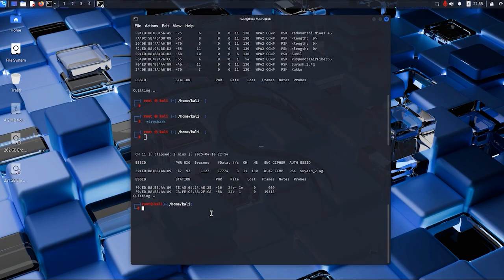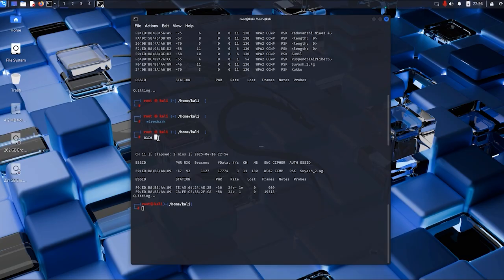So now since we have discussed how deauthentication attack works, let's get hands on with this practically. We just have to type a simple command to perform deauthentication attack, and we are going to use Aireplay-ng here, not Airmon-ng.